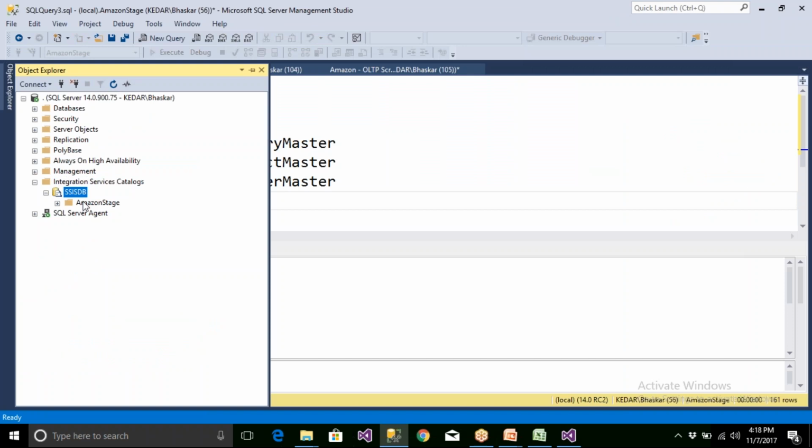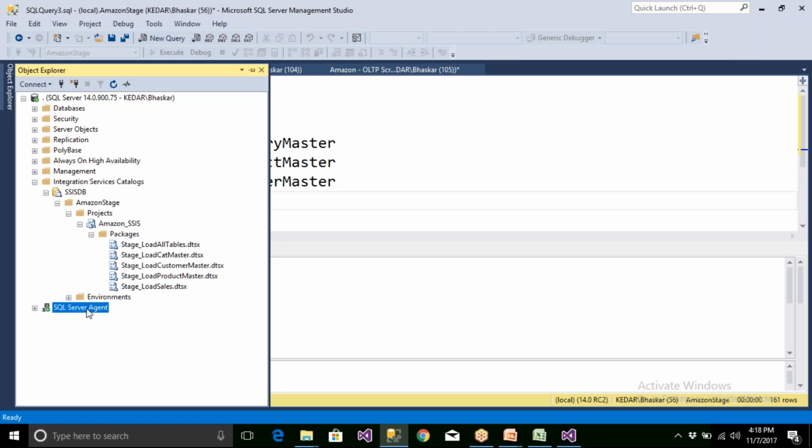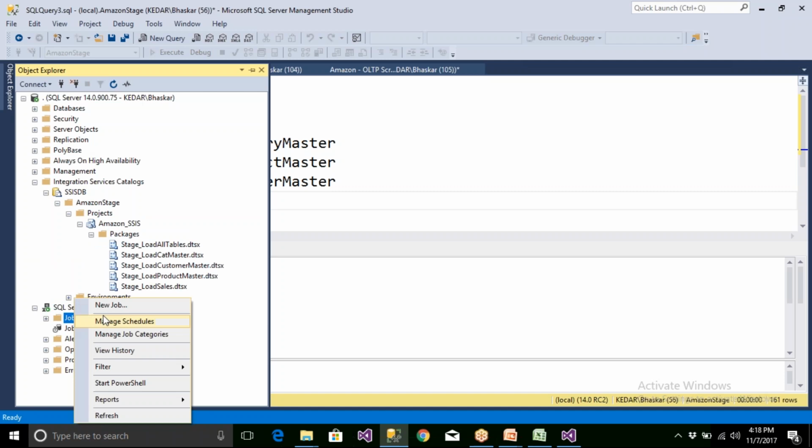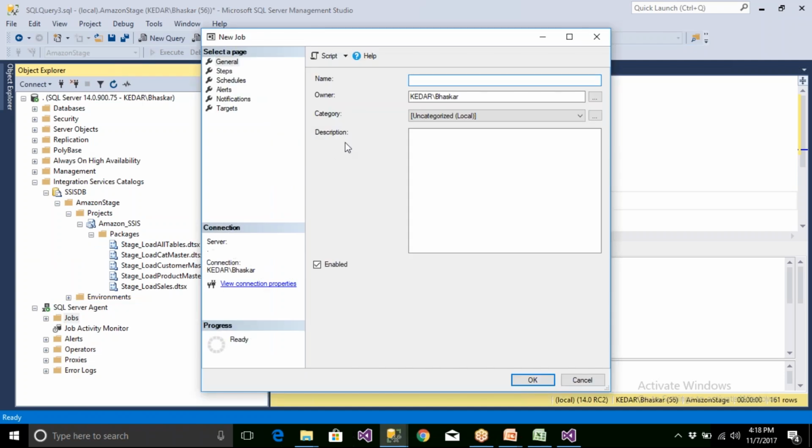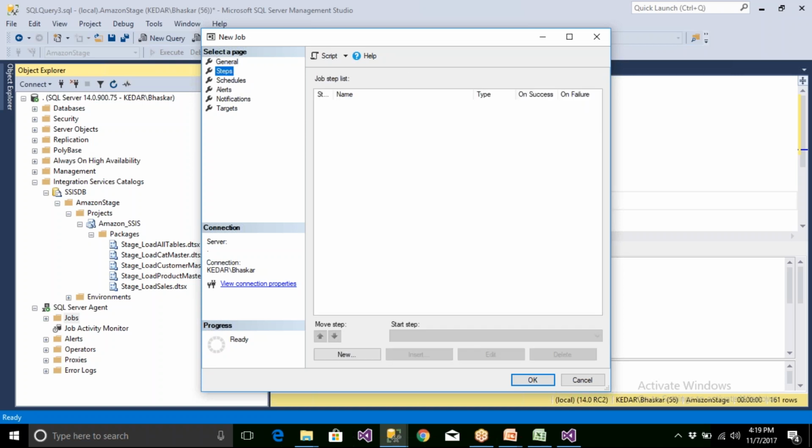Now you have to create only one job for this package. What is the package? The package is load all tables. For that, let me create one job. Go here, new job, stage load all tables. It depends upon your criteria.